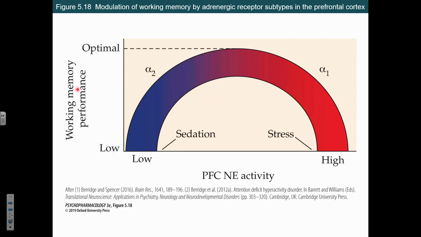There's your working memory. Keep in mind you don't want to get too amped up, right? How many times have you been on such a high adrenaline rush you forgot what you were doing, right? You don't have memory. This is one of the reasons folks in stressful events don't have great memories of the events that happened to them, right? If you're asleep, you obviously don't remember what happened, right? But if you're so amped up, you're not going to remember either. So you want to find that peak, right? What's that peak balance there of your norepinephrine?